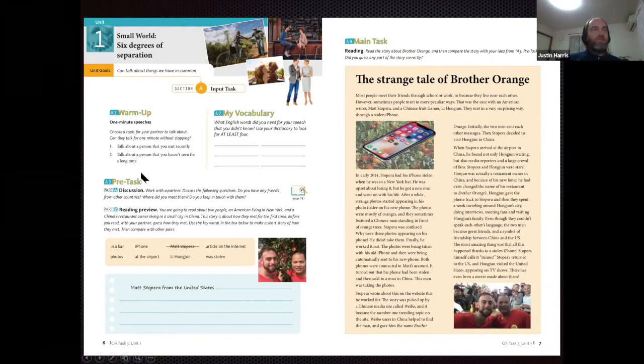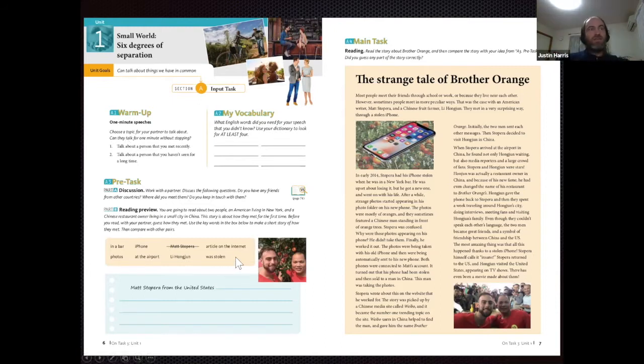There's sort of a warm-up. We always have this thing called a 1-minute speech where we deep end students and we get them to talk about something just off the bat. No thinking time. Doesn't matter how you say it, just say it, word, word, word. If you can't say something, think around it, say it a different way, which builds over weeks and weeks and weeks, and you get some quite good fluency development from that.